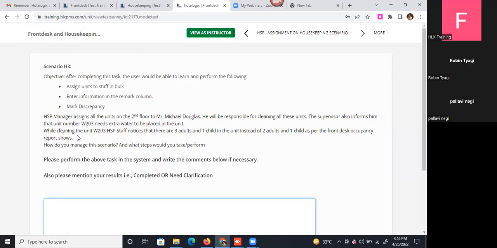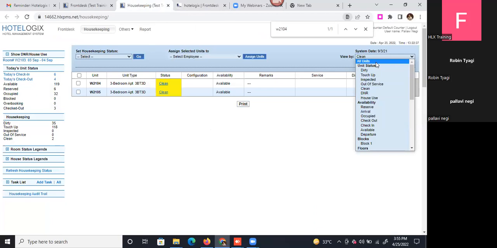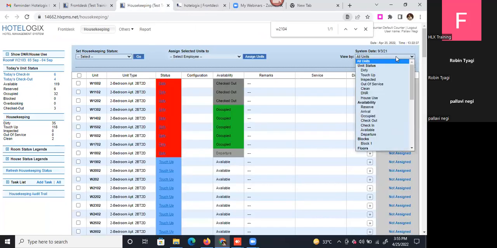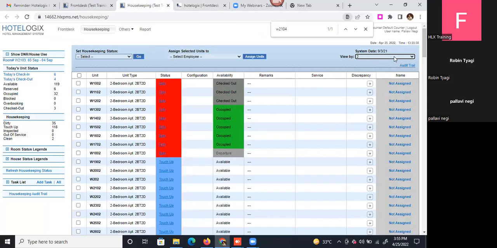The first part says that the manager assigns all the units on the second floor to Michael Douglas. So whenever you want to assign staff to a particular floor, all you have to do is, again, use the filter. You can filter this on the basis of the floors as well. So we are looking at second floor. Now, all these units on the second floor need to be assigned to Michael. So we'll just